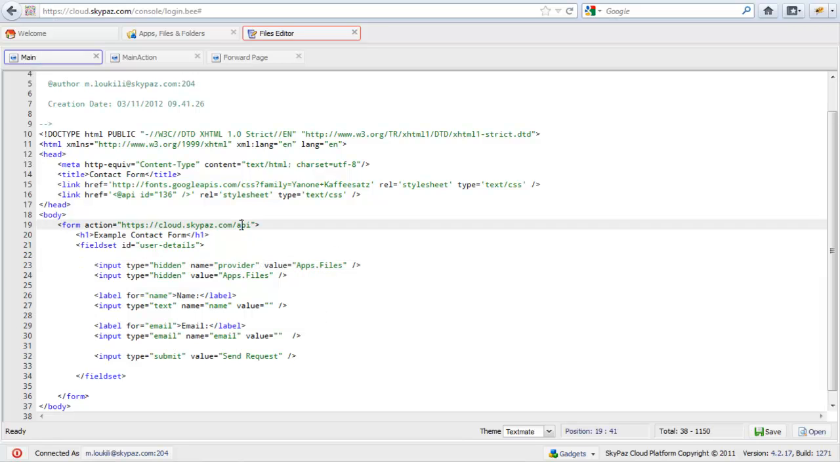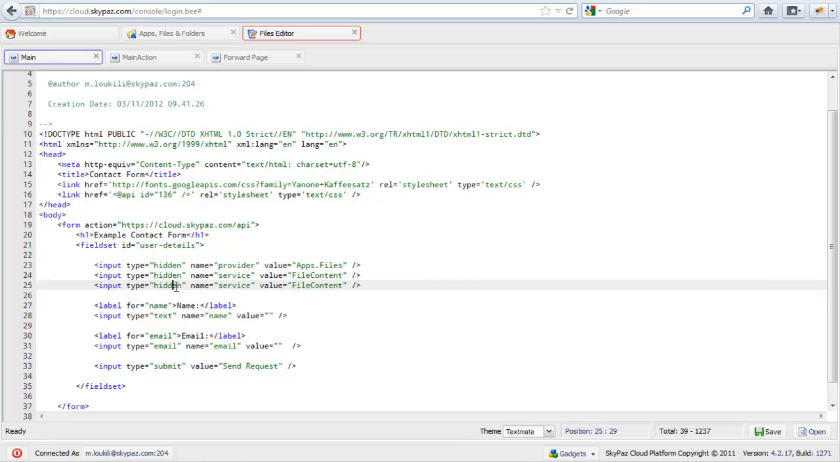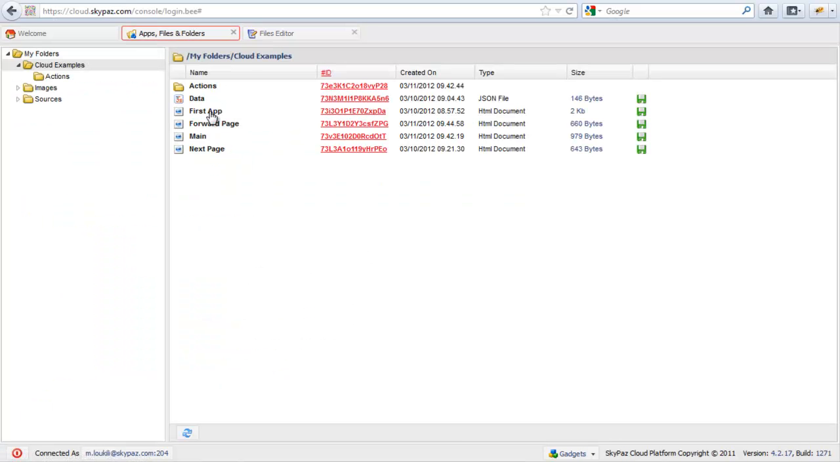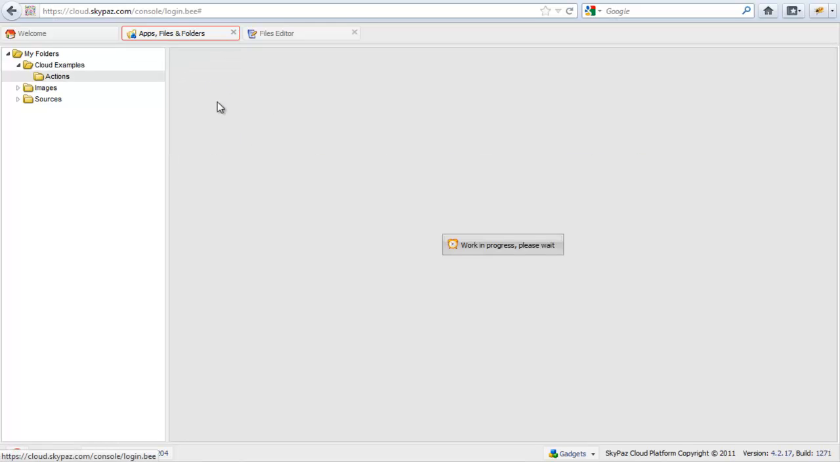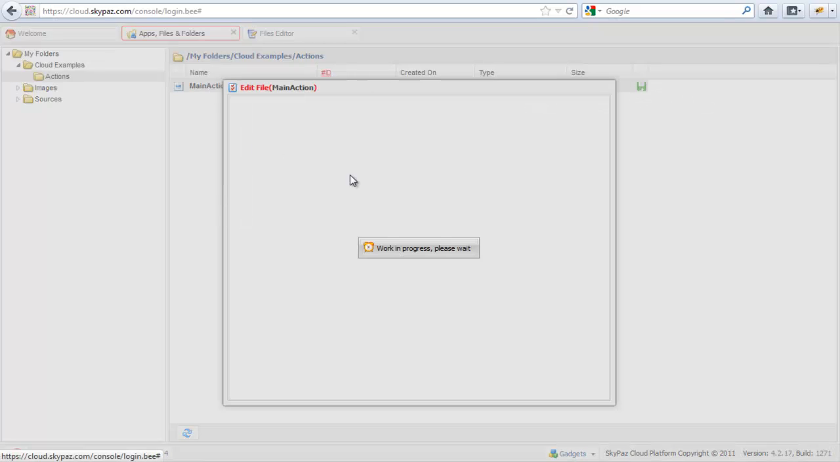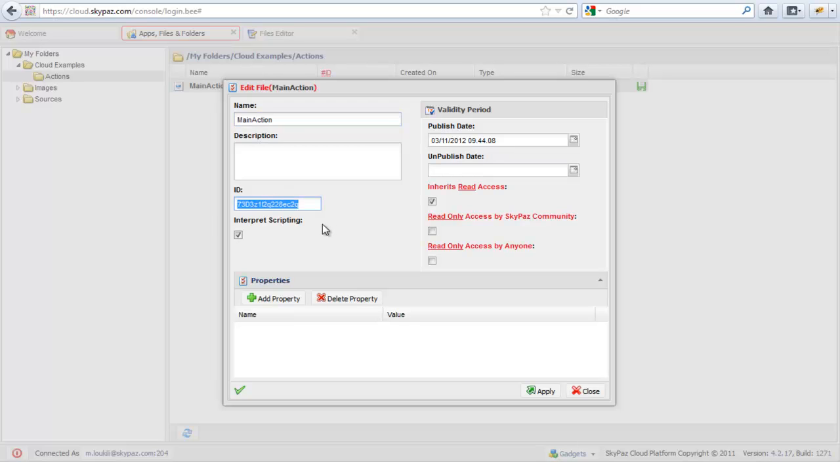Because we are calling the API, so we have to provide the provider, and the service we are calling is the file content, and the ID of the file we are calling, the ID is the ID of the action. Like this action will be executed and the forward will be going to the forward page. So I'll copy this ID